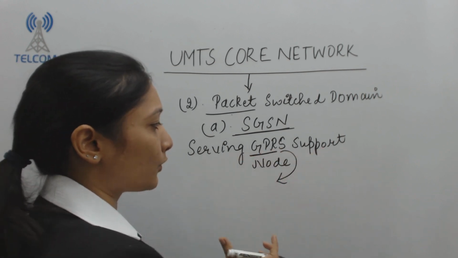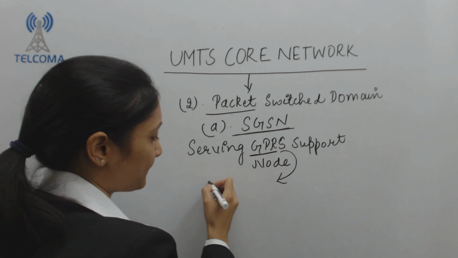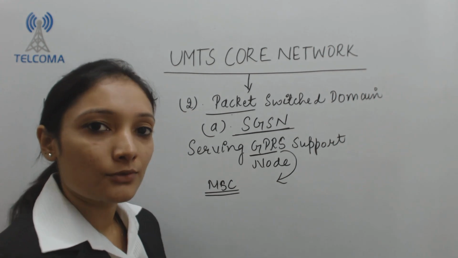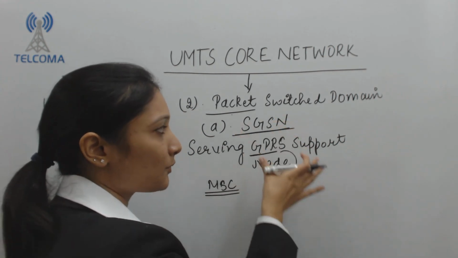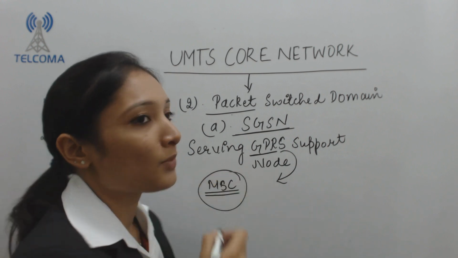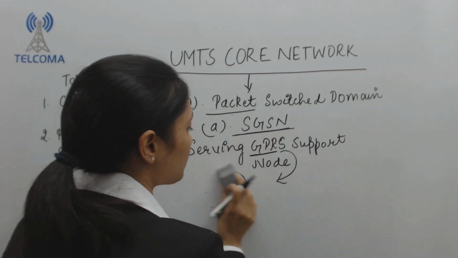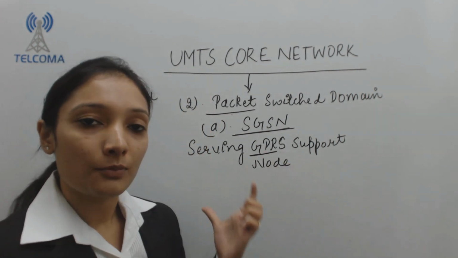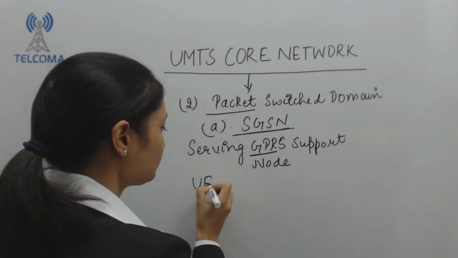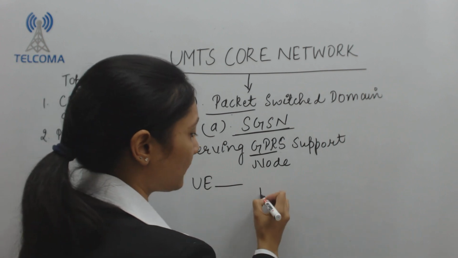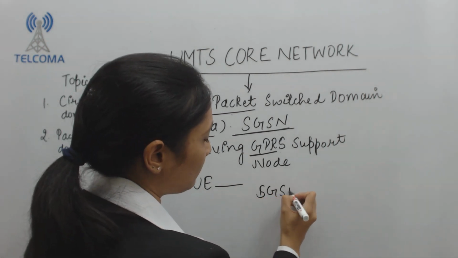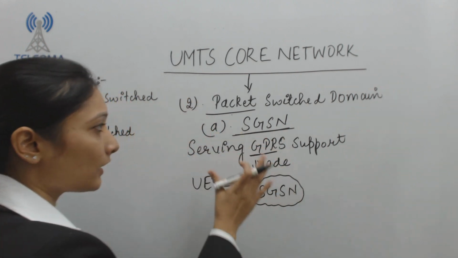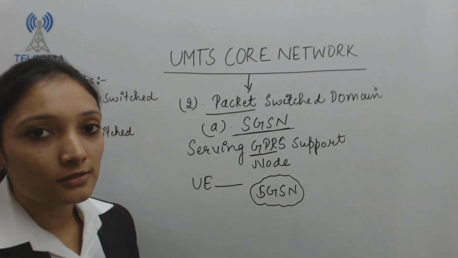Now, serving GPRS support node. This basically acts as MSC. We know that MSC is used in our circuit switch domain, but the functionality which will be provided by SGSN is similar to the mobile switching center. So that means our SGSN acts as a governing element for our packet switched domain. That is, this unit is responsible for providing the data services when the user equipment is connected to this. So the other important functions which are provided by SGSN are like,